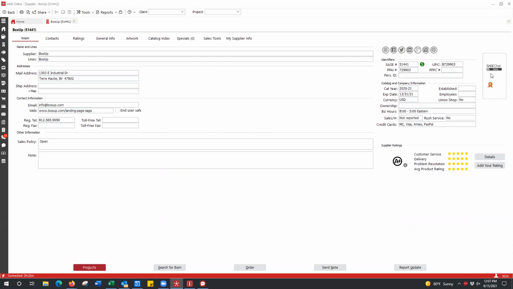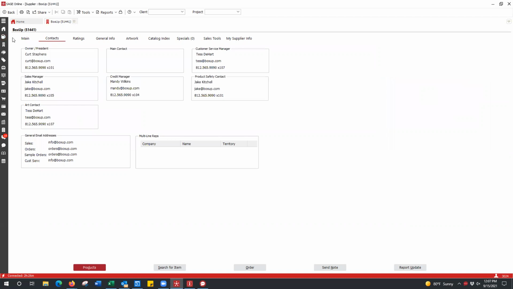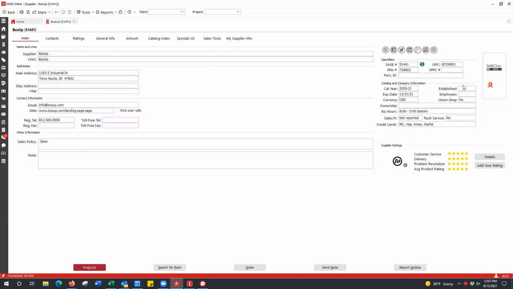You can have chat on multiple computers. You just have to set each person up with their own login credentials. So Jake, have you or Kurt been logged in the past to the chat email? No, that's something we have not even thought about or set up. I actually sat in on the Sage Zoom call for suppliers the other day and learned a lot more about it. So that was on Kurt and my list of things to look into.